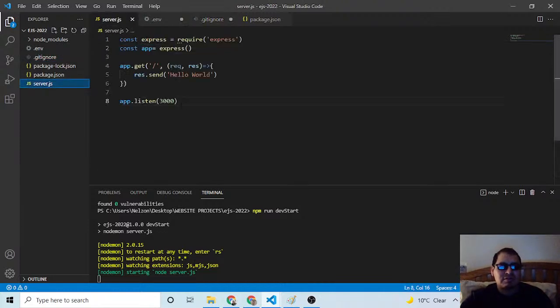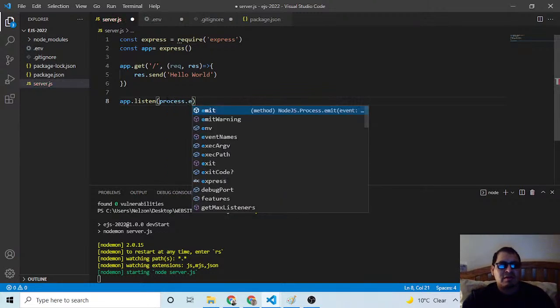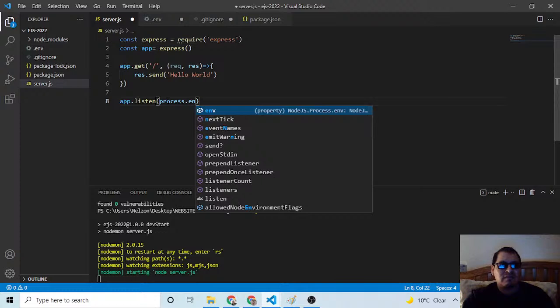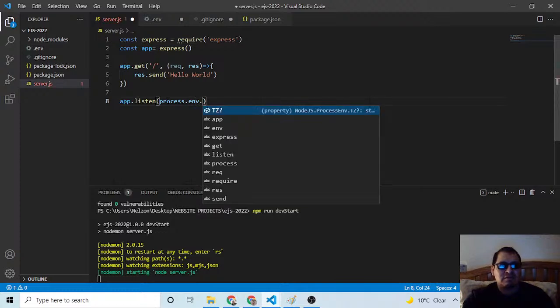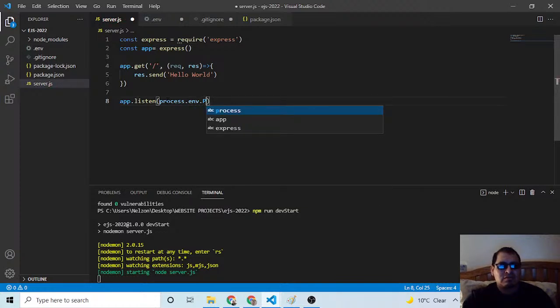Okay, so let me go back to my server. On this server, instead of putting this 3000, I can just put process.env.PORT.